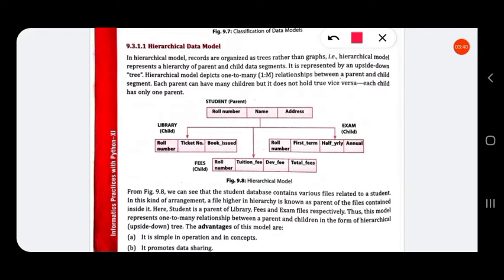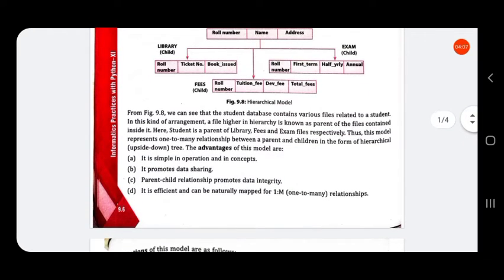Here, student is the parent of the library, fees and exam files. Thus, this model represents a one-to-many relationship between a parent and children in the form of a hierarchy, that is, an upside down tree.